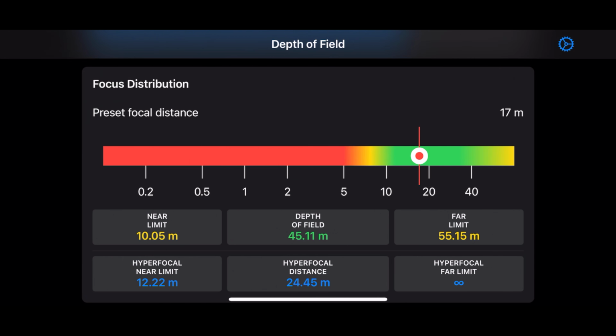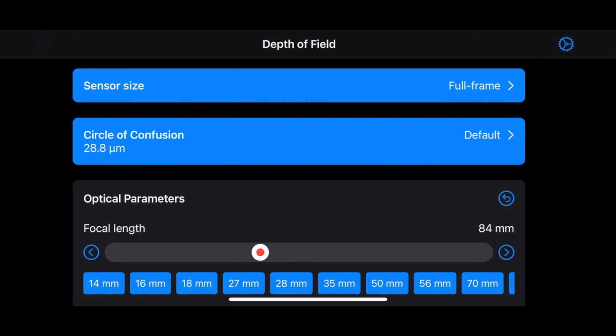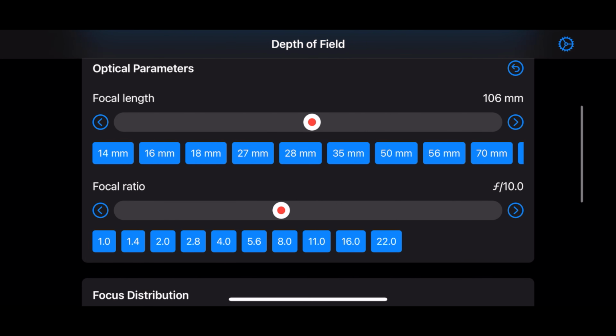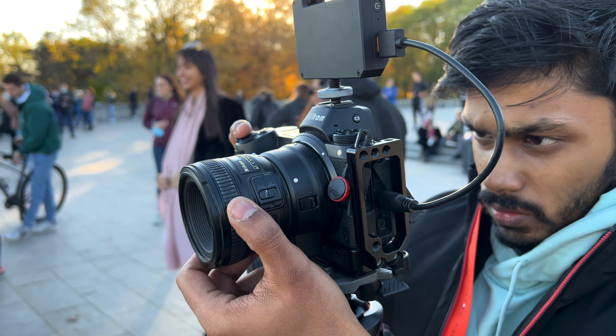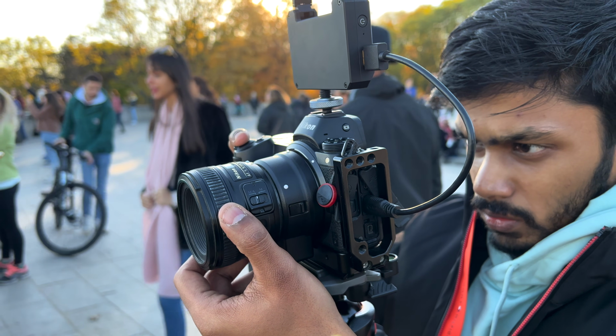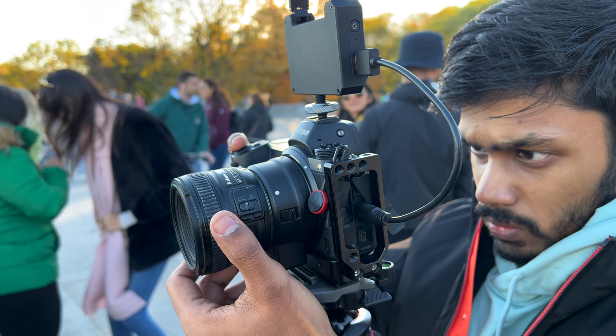Sometimes this won't be possible. Imagine you're at the edge of the mountain. It's not a good idea to cross it, right? At such times, what you can do is use a mobile application. I'll link some of the mobile applications in the description below. You just have to put in the sensor you're using, your aperture, your focal length, and it will give you the hyperfocal distance. This is a very simple and practical approach which a lot of landscape photographers use.